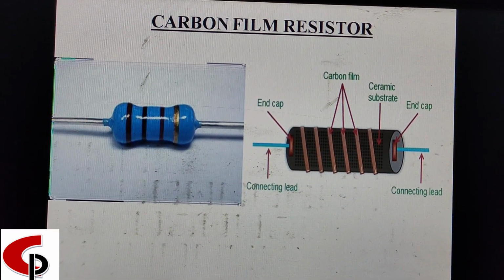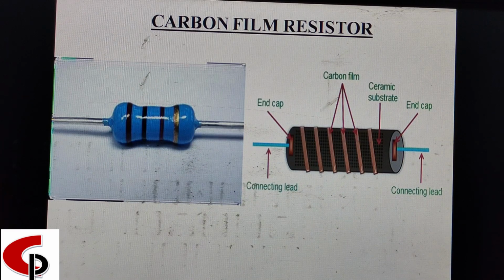As shown in the figure, here also metallic end caps are fitted at both ends of the resistive material. The leads made of copper are joined at the two ends of these metallic end caps. The resistive element of the carbon film resistor is coated with epoxy for protection. The resistance of the carbon film resistor depends on the thickness of the carbon film layer and the width of the